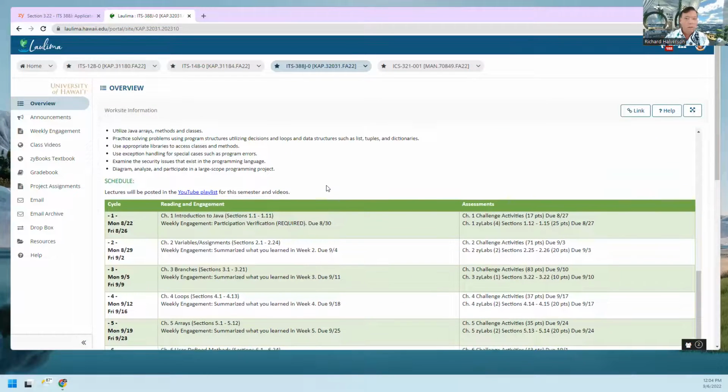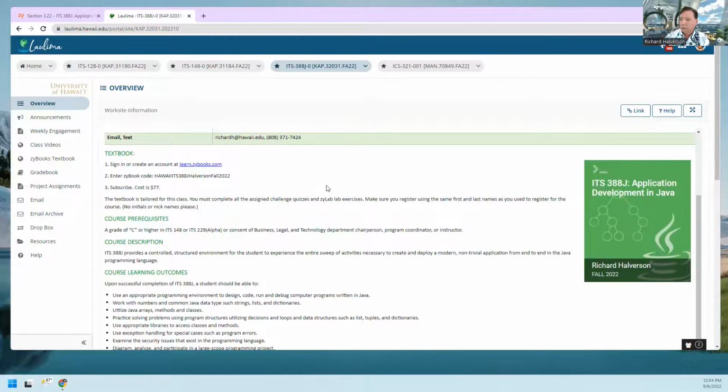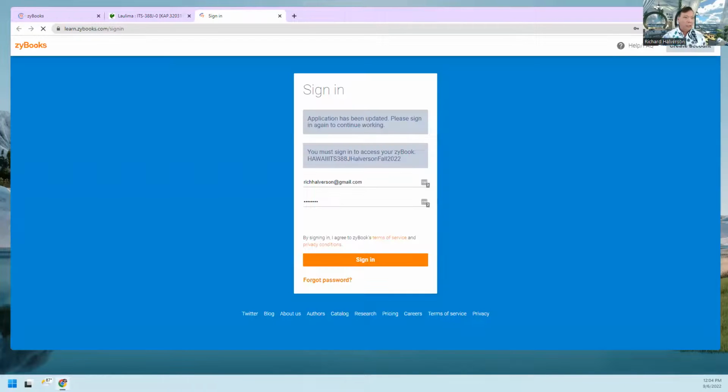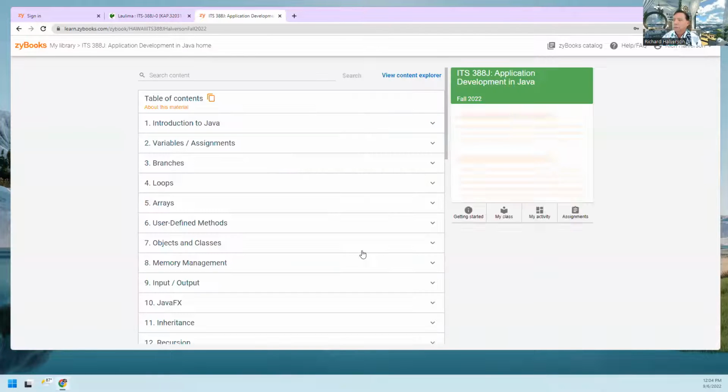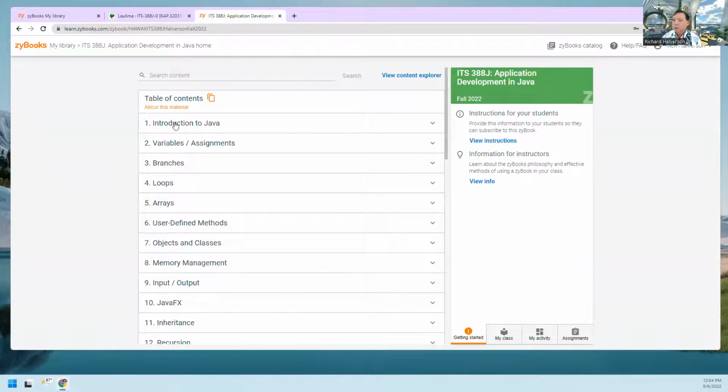let's go to the book. And let's see, I had something that I wanted to make sure I got all the sections. Okay, so, oh, it makes me sign in. All right, so